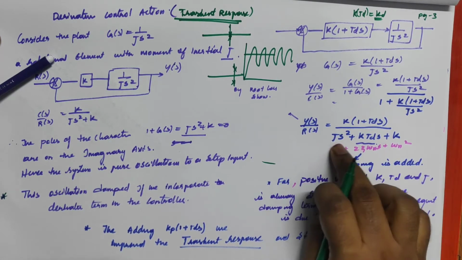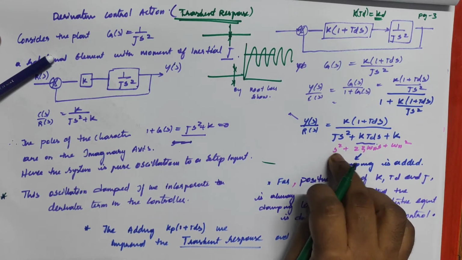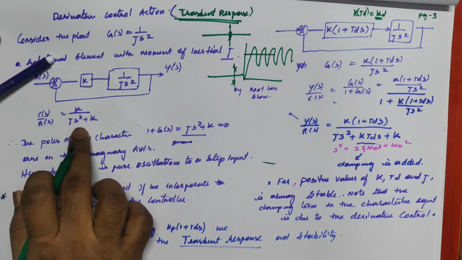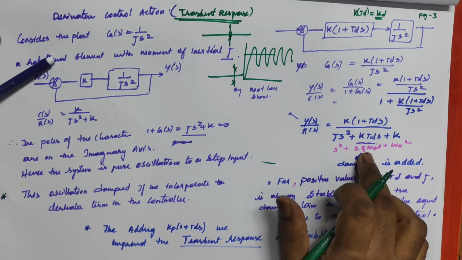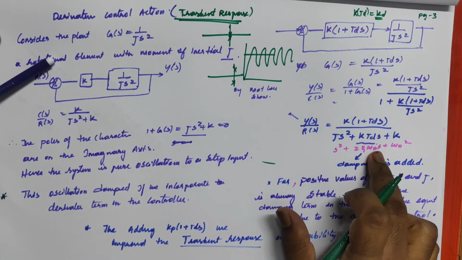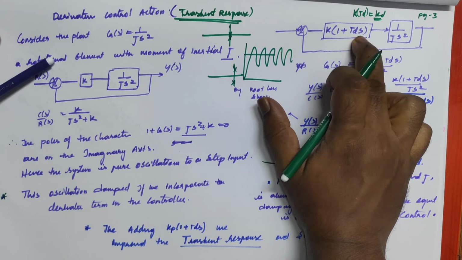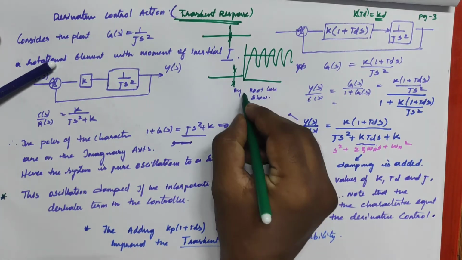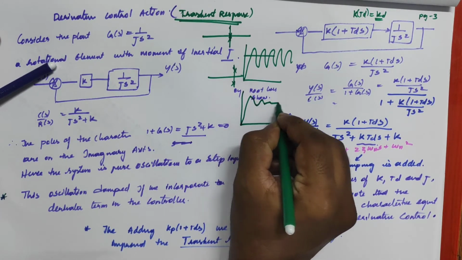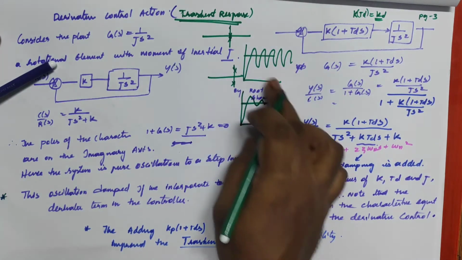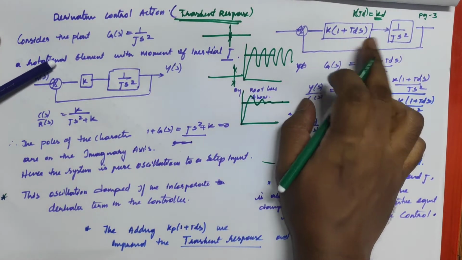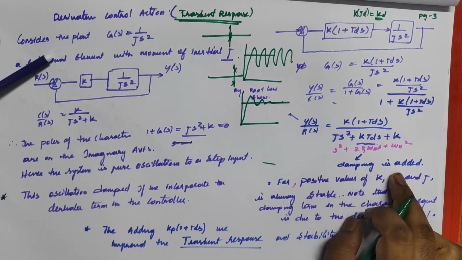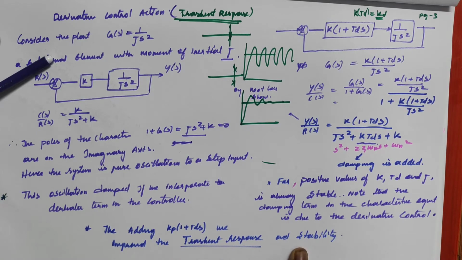The characteristic equation obtained is in the form of s square plus 2 zeta omega n s plus omega n square, where this is the difference: here we don't have any 2 zeta omega n term, but here we are having it. That means if we incorporate the derivative, I incorporate damping into the system. If I increase the damping, my response will eventually have a damped behavior. In spite of only oscillations, I improve the transient response by adding derivative. That means by using proportional plus derivative, I improve the stability and the transient response.